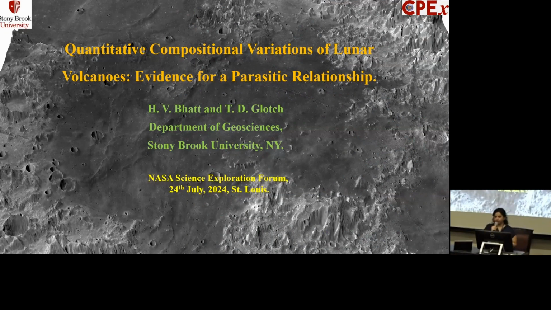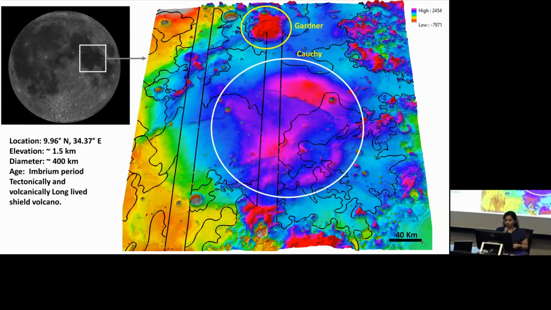Good afternoon, everyone. I'm going to present a parasitic relationship between two shield volcanoes, which are associated with the Mare Tranquillitatis region, presented as a background image. So Mare Tranquillitatis is located on the eastern near side of the moon, and it is a very unique region compared